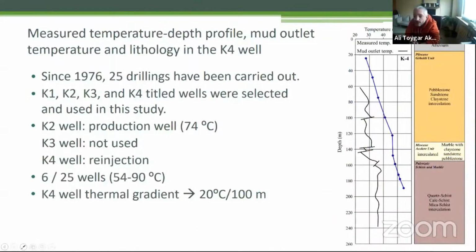Since 1976, 25 drillings have been carried out in the field. Of course, there may be some new ones, but I'm not sure. Four of the wells were selected and used in this study: K1, K2, K3, and K4. K2, I guess, is still used as a production well with a temperature of 74 centigrade degrees. K3 well is not used, and K4 well is used for re-injection purposes. 6 wells out of 25